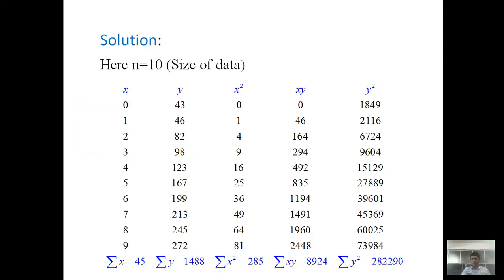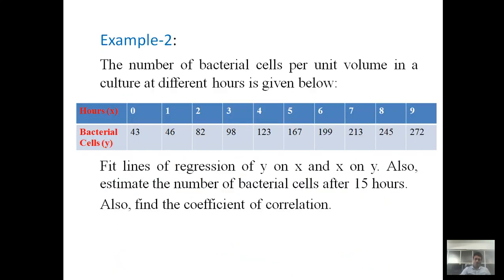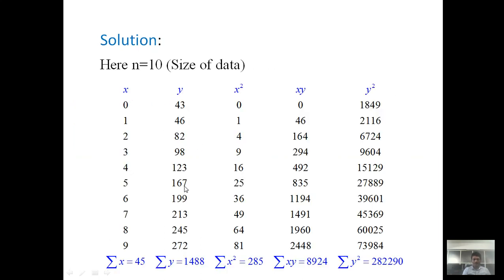To obtain the two regression lines, we have to obtain the required basic 5 quantities, that is sum of x, sum of y, sum of x square, sum of xy, sum of y square. So first of all, convert the given data, first row as the first column, second row as the second column. So we get x and y, where x is the time in hours and y gives the size of the bacterial cells. Now for our requirement, we have to obtain x square, which is just the square of each and every element of the first column, plugged in the third column.